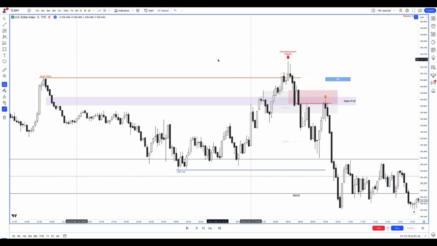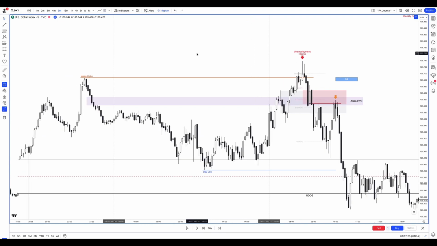Okay, and this brings me to the ICT 2022 model, which is simply a high gets raided, price displaces lower, breaking that order block on the 15-minute, which is a change in the state of delivery, also breaking this low and this low, which is confirming that, all right, whatever state of delivery here to the upside is now wanting to change its state of delivery to the downside. So I saw that as a market structure break, or market structure shift actually.